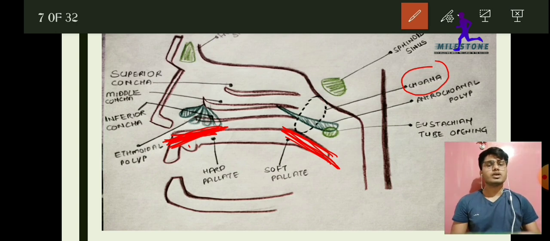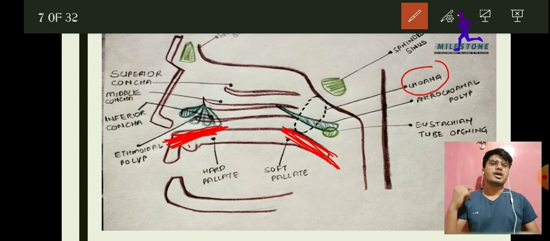Okay, so ethmoidal polyps are multiple in number. As you can see, they look like a bunch of grapes. Multiple in number, like a bunch of grapes, right? An enterochoanal polyp looks like a dumbbell, a long dumbbell. Here from the margin it's bulged, and in between the shaft portion is thinner, so it looks like a dumbbell. And the ethmoidal polyps look like grapes, and they are going front, and the enterochoanal polyp is going back.